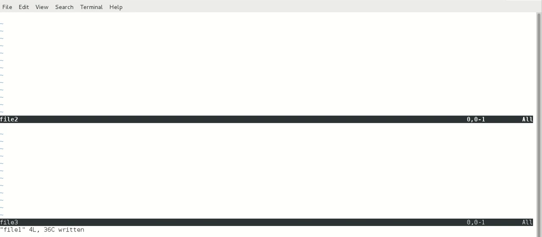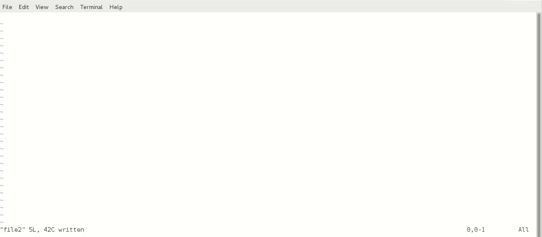Okay, and after that we are now in the second file. We moved to the second file. Here also it goes by default to command mode. Now we go into edit option and edit something in this file. Okay, now we have edited something inside the file. We go back to command mode and save the file again. And right now we are in the third file. Automatically it is in command mode, and we go to insert mode, add a few lines here, and save.